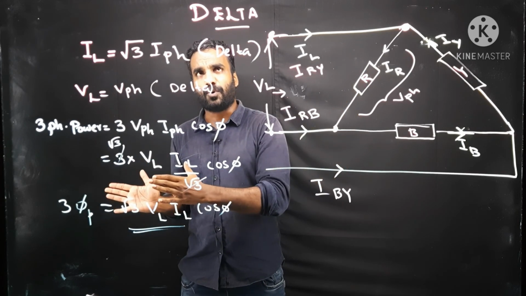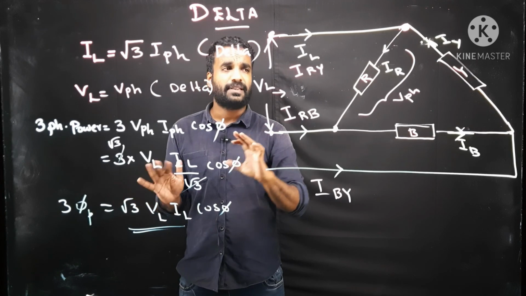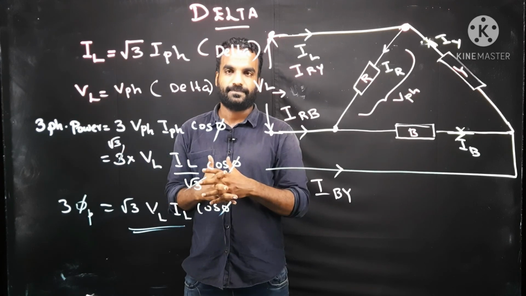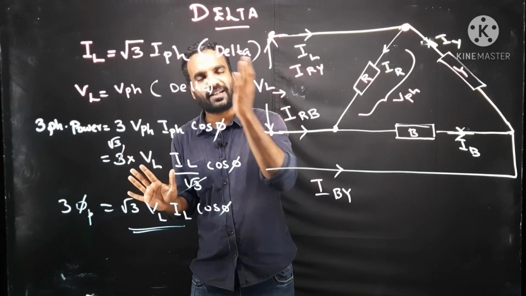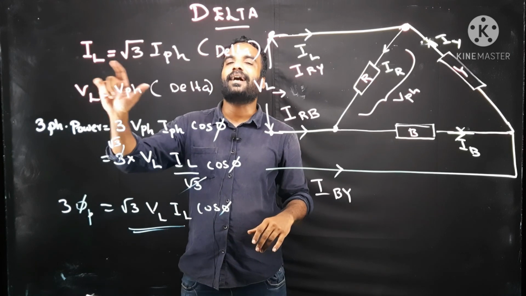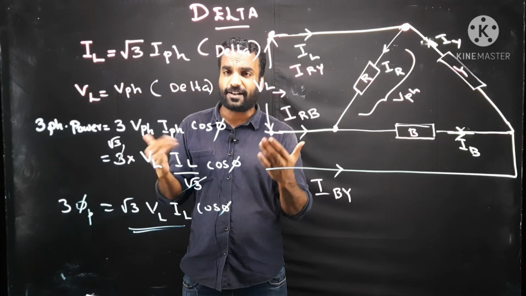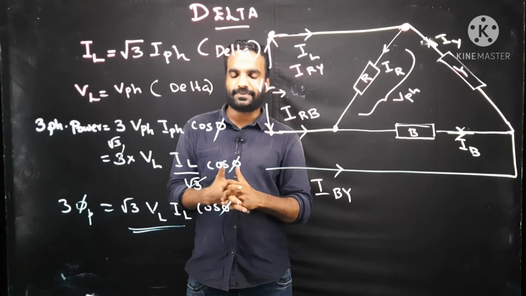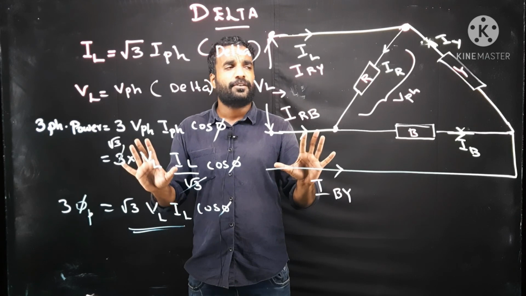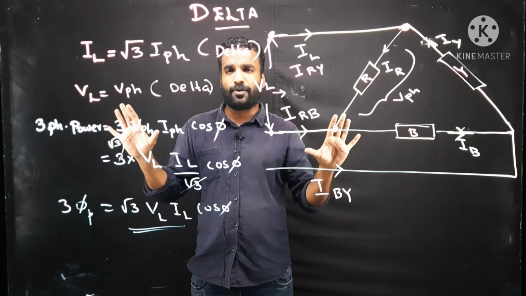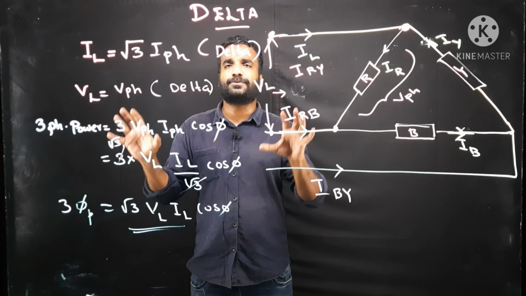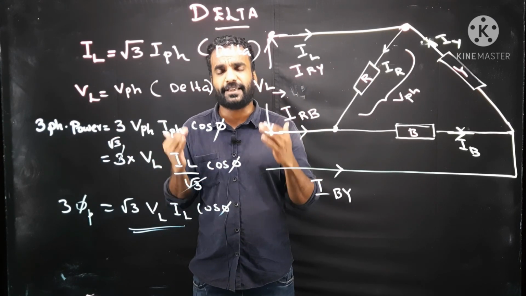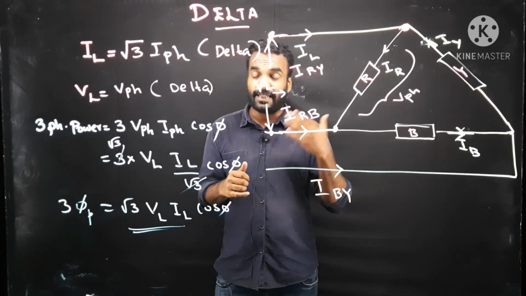In the previous board I drew the phasor diagram for star. The same phasor diagram can be drawn for delta in case of current. That is the one and only difference. Wherever you took V_R, V_Y, V_B, you can take I_R, I_Y, I_B and find I_RY, the same figure. You can draw the same figure by just changing the names. You try that also. So by this we have had a thorough brush up of all the basic concepts of 3-phase and single-phase power. Now we are going to do some problems in the next class.